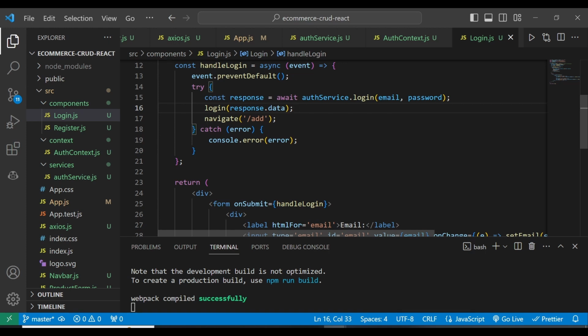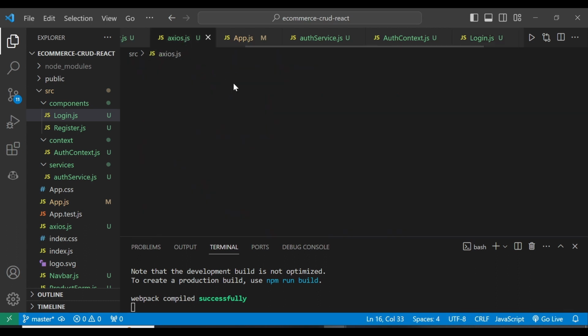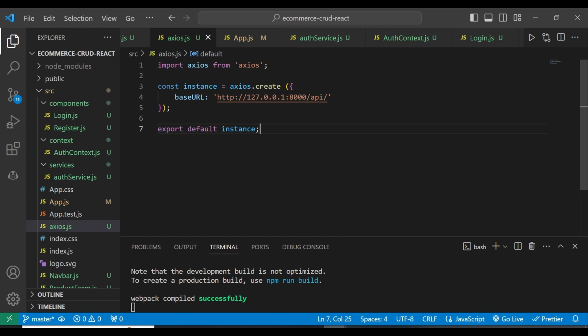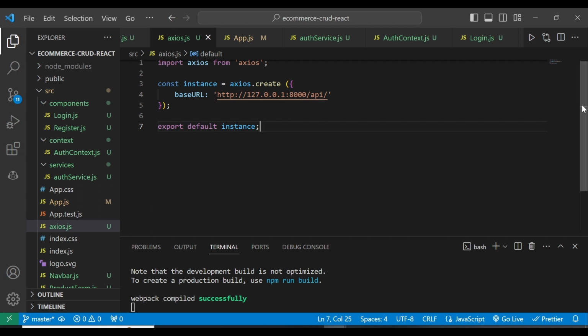Now there's one more thing that you're going to do. Within our Axios instance here, since we are using the Axios instance, we will want to configure it to automatically include a token in all requests when it is available. So here we can use what we call the Axios interceptor, which is going to include the token in our headers upon initialization. So this is what I mean. Whereby we have the Axios instance here, we are just going to come down here, and then I'm going to define